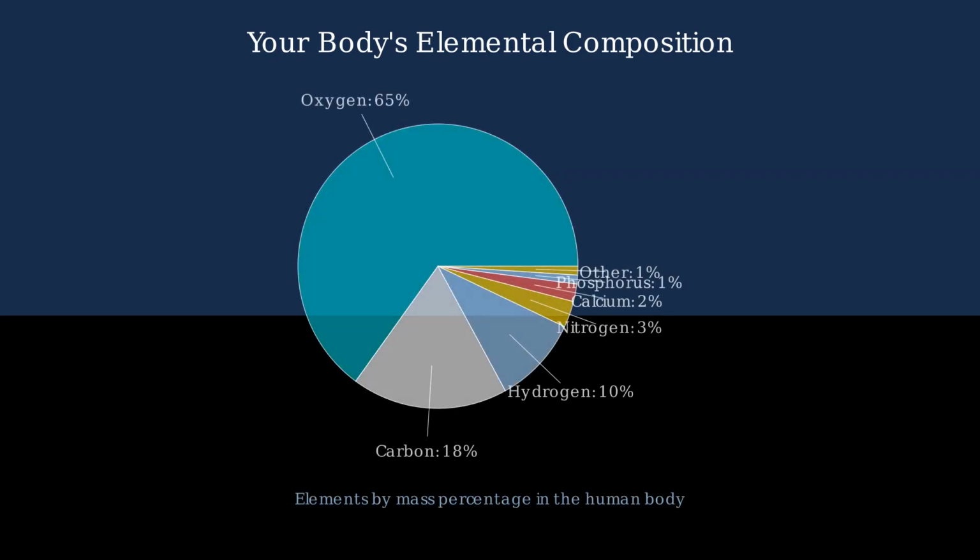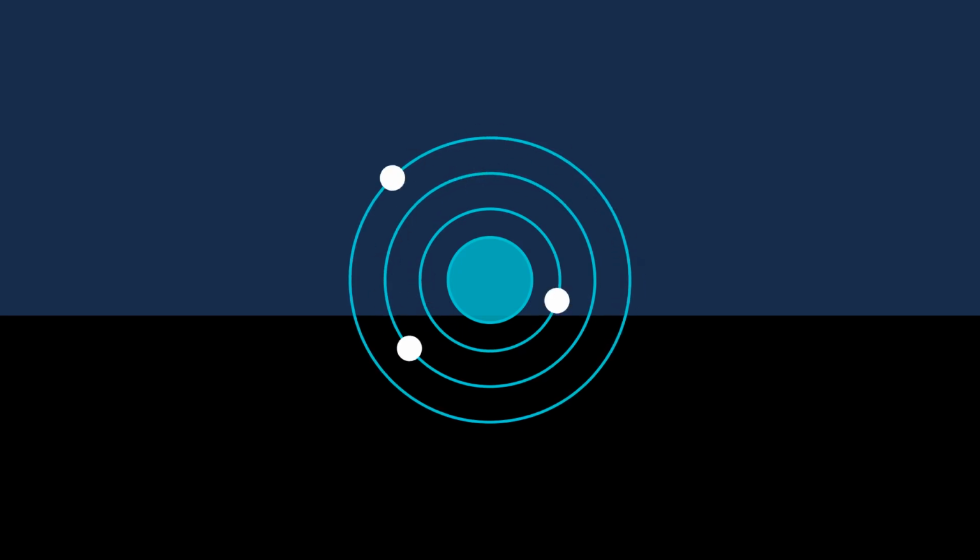The human body is a remarkable testament to the importance of chemical elements. Though only a handful of elements make up most of our body mass, each plays a critical role in maintaining life. From the oxygen we breathe to the trace minerals that enable complex biological functions, we are walking collections of elements from the periodic table, organized into incredibly complex biological systems. Understanding our elemental composition helps us appreciate how we're connected to the cosmos and the rest of the natural world.